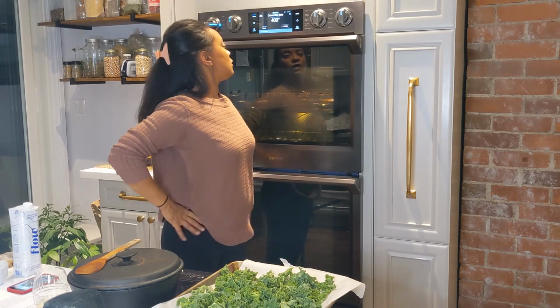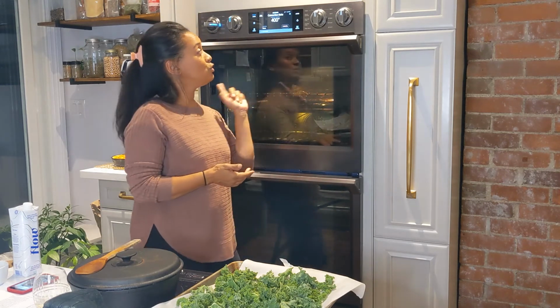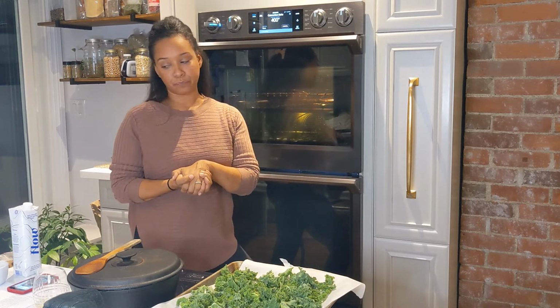See, how is it? It says it's already ready at 400. My question, Samsung, is if I was just cooking at 375 and I put it up to 400, why is my oven already at 400? But anyways,